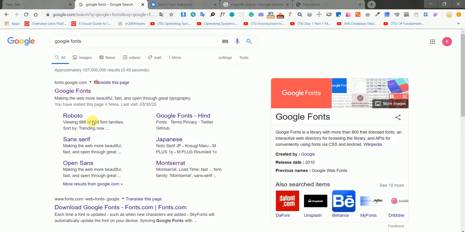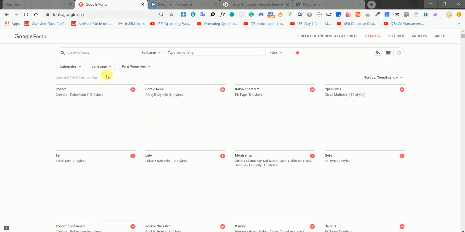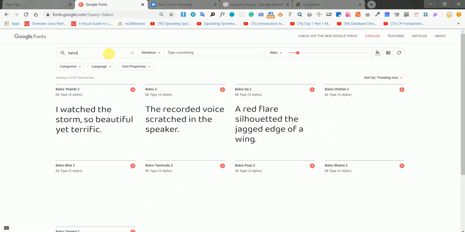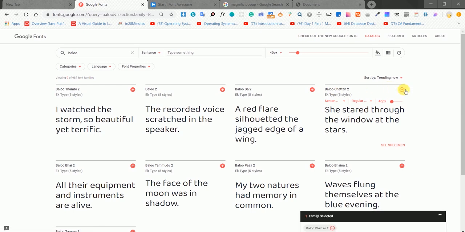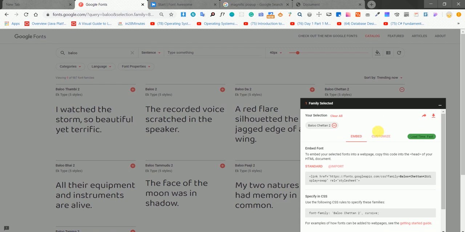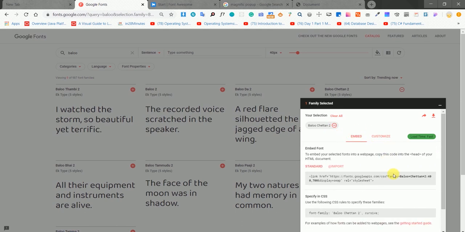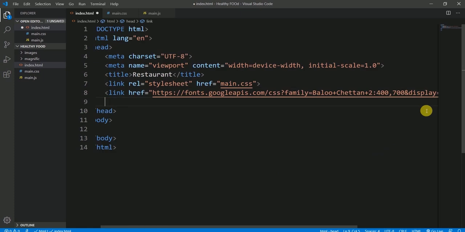Then I would like to go with Google Fonts, and here I am going to use a font, the font name is Baloo Chettan 2, so let me search it here, Baloo, and this one, okay, Baloo Chettan 2. I'm going to use this font, and here I'm going to customize it. I want to use the regular and the bold one, and now I want to get this link. I'm copying the link and I'm pasting it within the head section of my index.html,